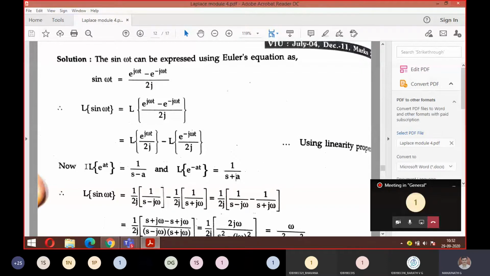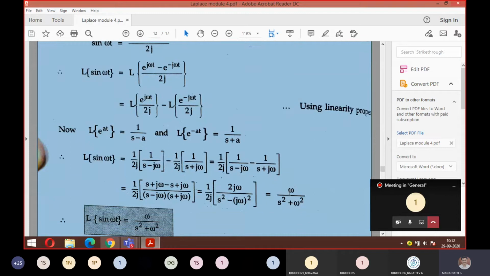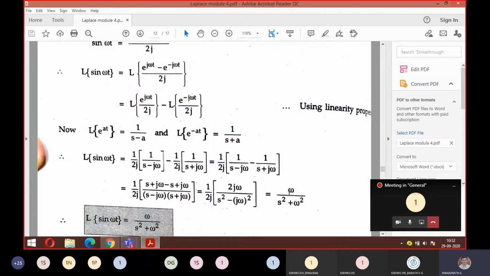These things you can remember. If you know this formula, directly you can use it and get the answer. The same answer you will get, no variation from the previous step you did. Both are the same only. The only change is that if you want, you can directly apply the formula like this.